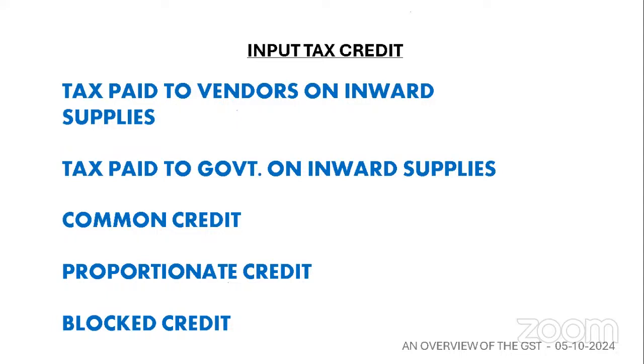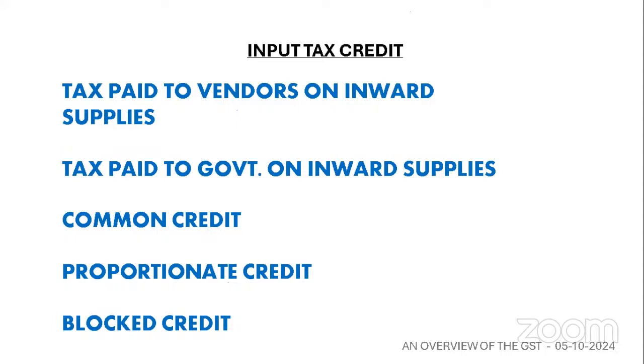However, this is when I buy the goods for the purpose of outward supply. The inward goods are used for the purpose of outward supply. There are certain other inward goods and services which I am not directly selling out. Say, for example, the stationery items purchased by me are going to be used in my office. So I am buying the stationery. When I buy the stationery, I am paying the GST on that. But unlike the televisions, I am not going to sell these stationery items. They get consumed during the course of carrying out my business.